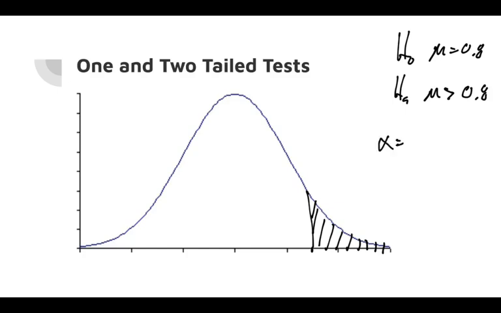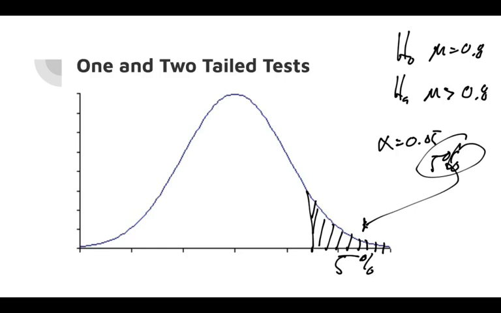So if your alpha level is 0.05, 5%, now all of the 5% goes into just this one tail. So instead of splitting up 2.5 on each side, this is just that 5%. And notice that from our data, we got a z-score of -3 way out here. Well, that's nowhere near this region of rejection. So I would not be able to reject, in this case, this